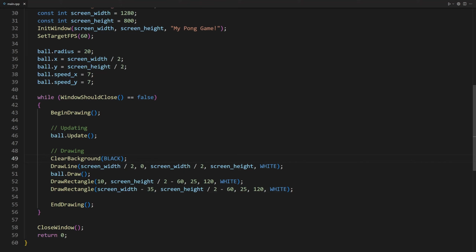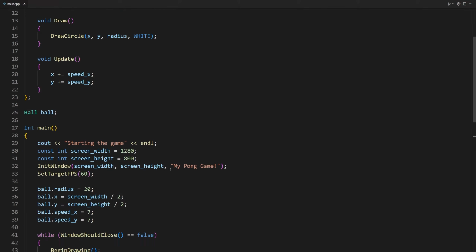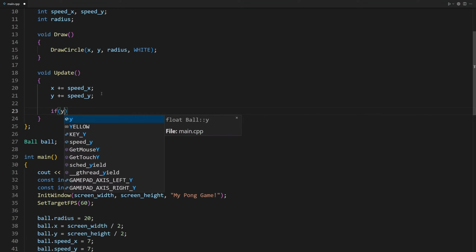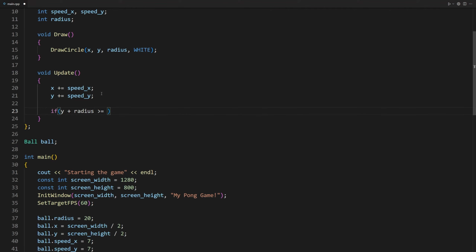But the y-coordinate of the bottom point of the ball is not the same with the y-coordinate of the center of the ball. The bottom point y-coordinate is ball y plus radius. Be careful here. So let's write code for this. In the update method of the ball class, we add if y plus radius greater than or equal to.